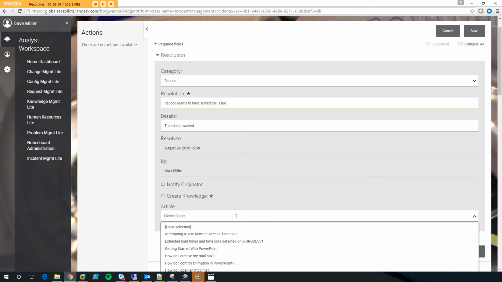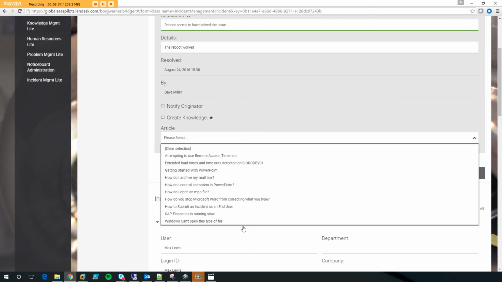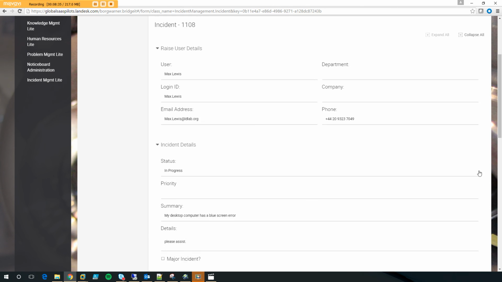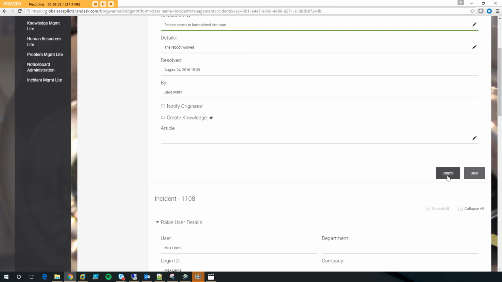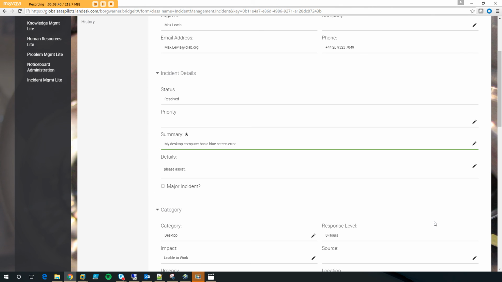Or if there was an article that I found helpful to help me resolve this ticket, I could choose that in here so that we can further increase the effectiveness ratings that exist in all our knowledge management articles, so that the next time someone's encountered the same issue, if we increase those knowledge effectiveness ratings, those most effective articles will actually bubble up to the top and show sooner rather than later in the list of knowledge that we bring back. So I'll save this,